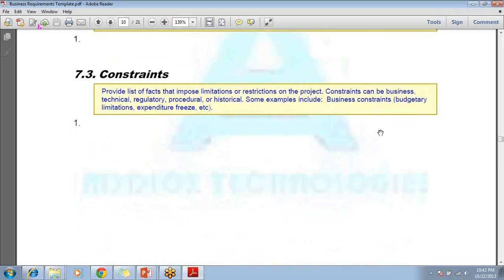Constraint. In any project I see two constraints, always. You should blindly write these constraints: the resource and the fund. These two are there in any project. Because constraint means if those things are not there, the project cannot proceed. If the project fund is not there, the project can't proceed. On the other hand, if you don't have the right resource, you can't implement anything. So the resource and the fund are always a constraint. Always remember that.